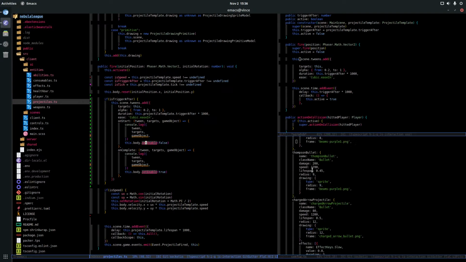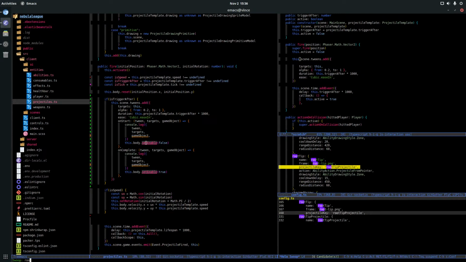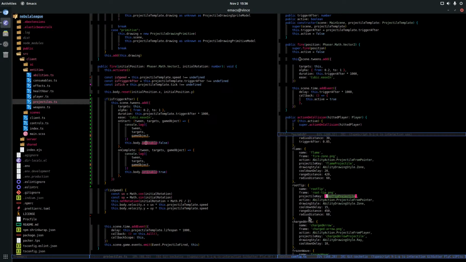If I take my root, so the rule for my root, cooldown, the radius distance. Something strange.